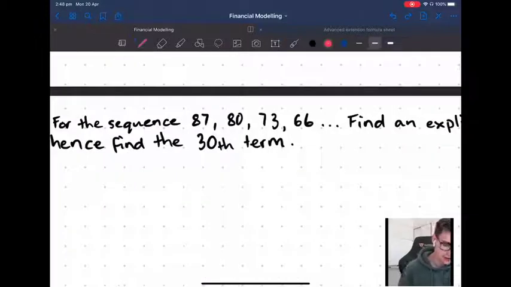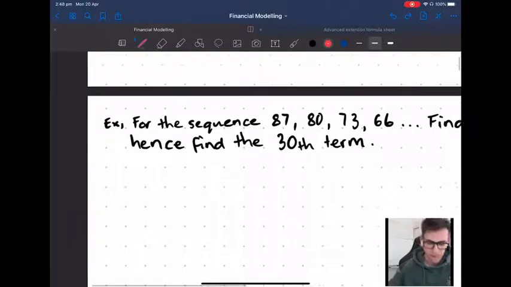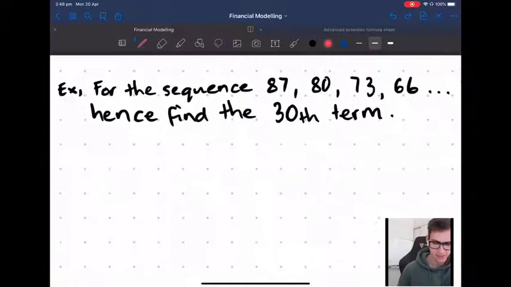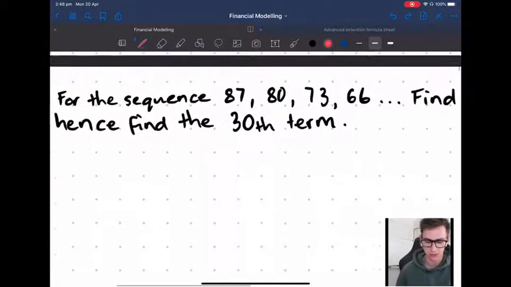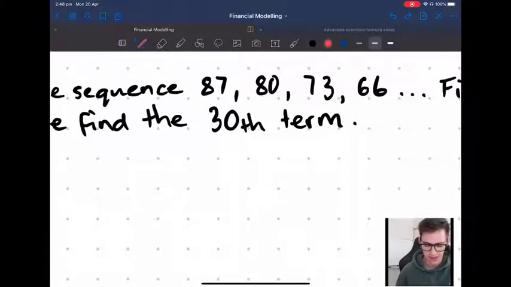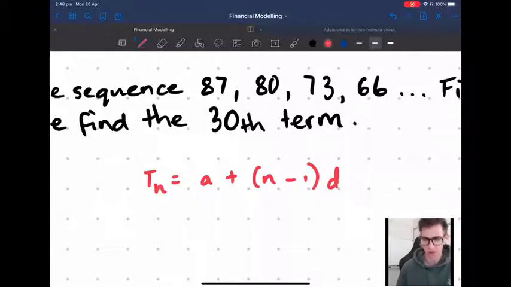Okie dokes. So having a look at that question, that sequence, we know that for any arithmetic sequence, and we know it's arithmetic, by the way, because we're going to look and we're going to say, oh, okay, it's going down by 7 each time. So it must be arithmetic, okay? You also know that because it's the first example in this topic, so I'm not going to make you check that yet. We know that the explicit rule is going to be a plus n minus 1 times the common